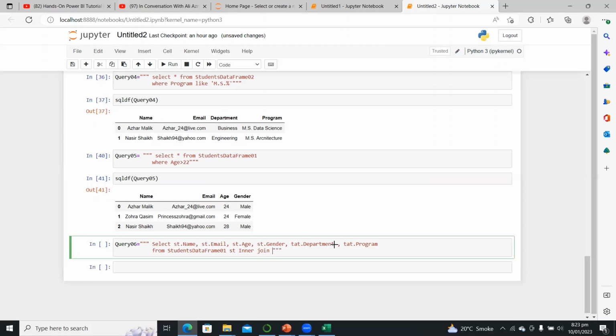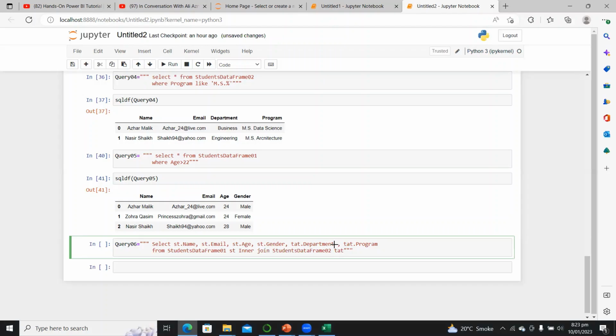Inner join is students data frame 2, and we'll say on matching email tat, that is search the matching column,